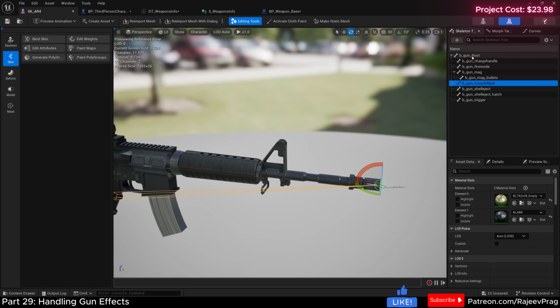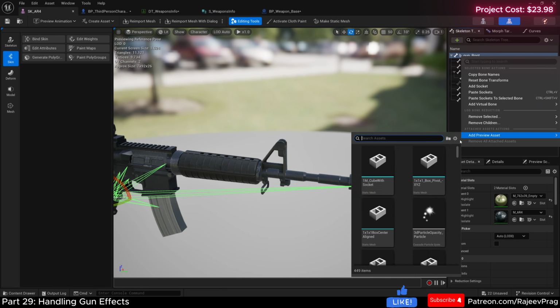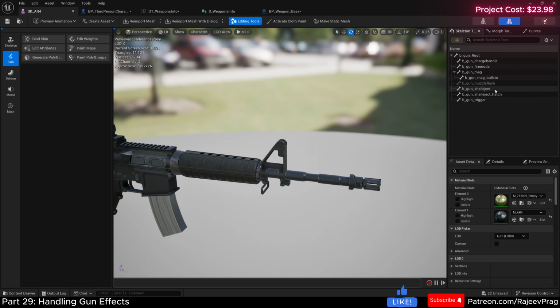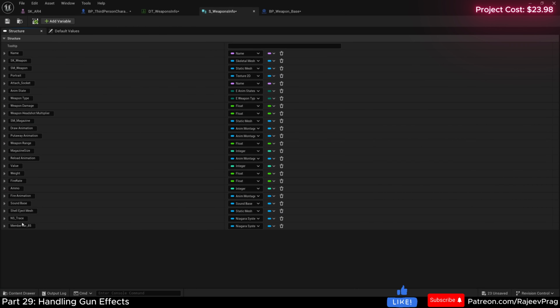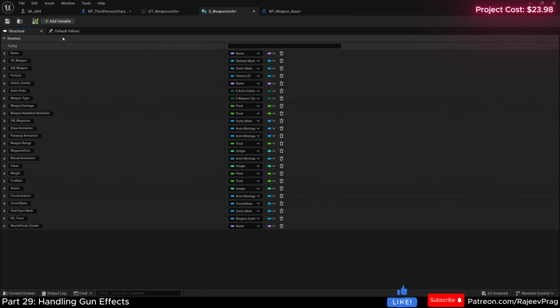You could always click on the root of the weapon and add in a new socket, and then you can use this as your muzzle flash or for your shell eject. So we're going to take these two bone names into consideration in our weapons info. So add in a variable for our muzzle flash underscore socket, and this would be of type name. And the next variable is going to be our shell eject underscore socket, and this would be of type name